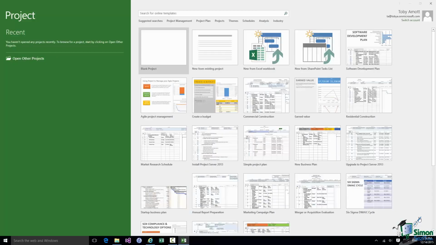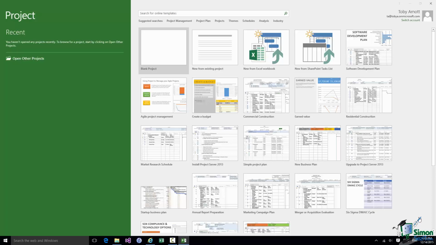In this section, I'm going to take you on a tour of the project workspace, and we're also going to start creating a very simple project, and I'll use that very simple project to demonstrate key points concerning the project workspace. You've already seen this start screen, and you'll probably see this quite a few times during the course, although as you'll see a little bit later on, you may want to disable the start screen.